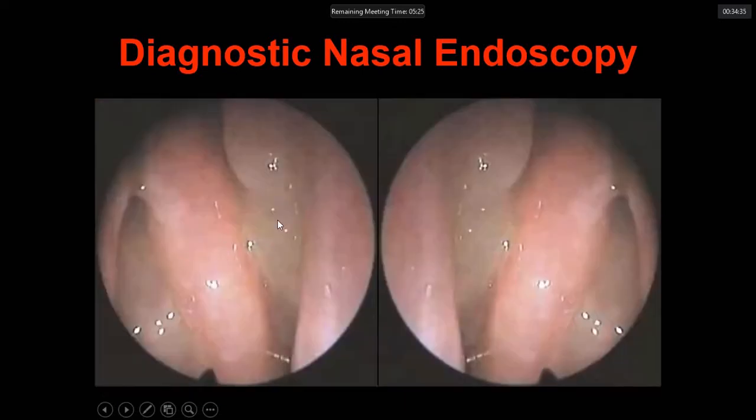Look here, this is the turbinate, and this is how the mass looks. Both the AC polyp and the ethmoidal polyps look green in color and glistening. So it is quite obvious. And this is the normal mucosa of the turbinate, which is pinkish in color. And look here, gray and glistening, right?